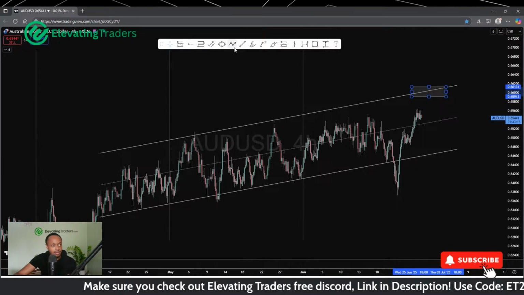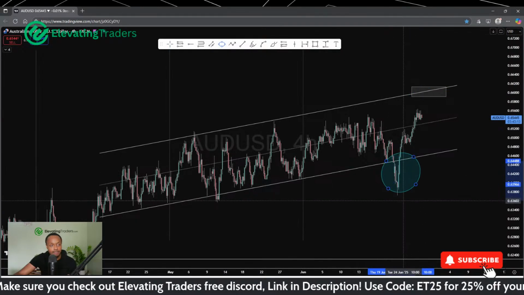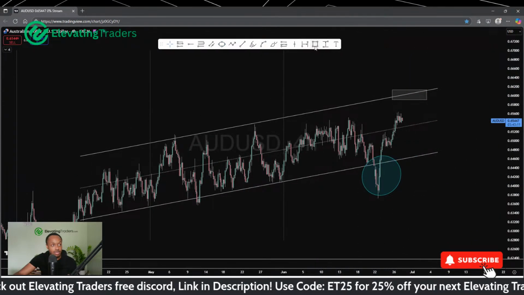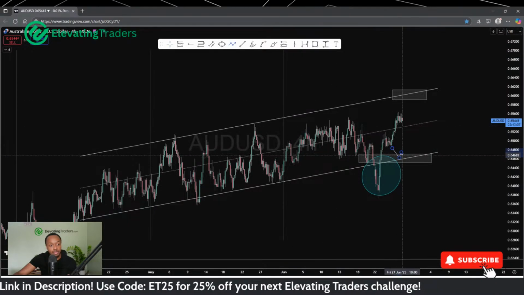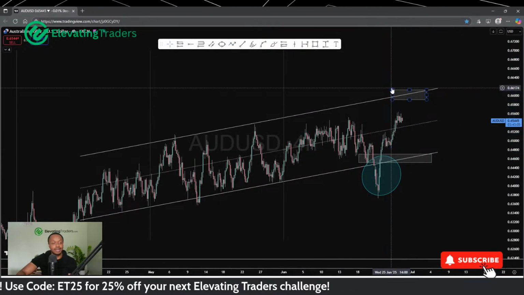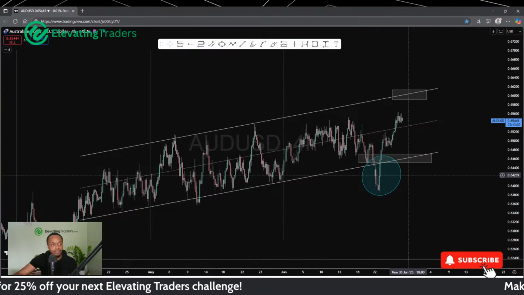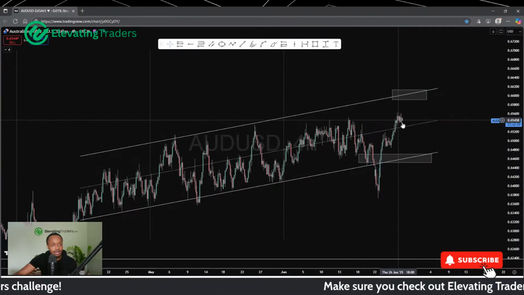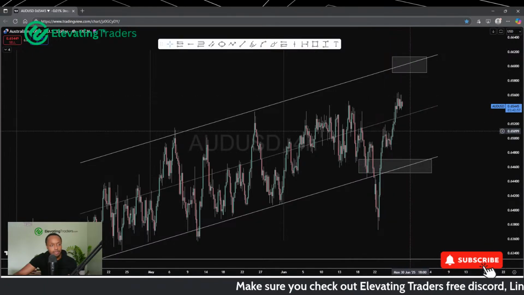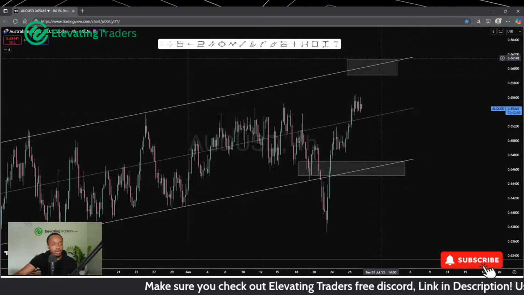We had this massive fake out at the beginning of the week. I did say perhaps we could retest the low end of the channel. That might be a nice place to position long and ride the wave back to highs again. Didn't really see that retest, but we have been pretty bullish since. Looks like price is struggling at resistance here a little bit. We might see a bit of a dip because of that, but I do think we can still get to the upper end of the channel.